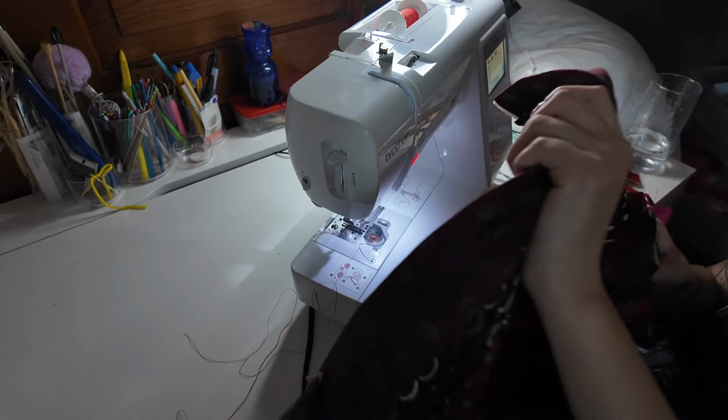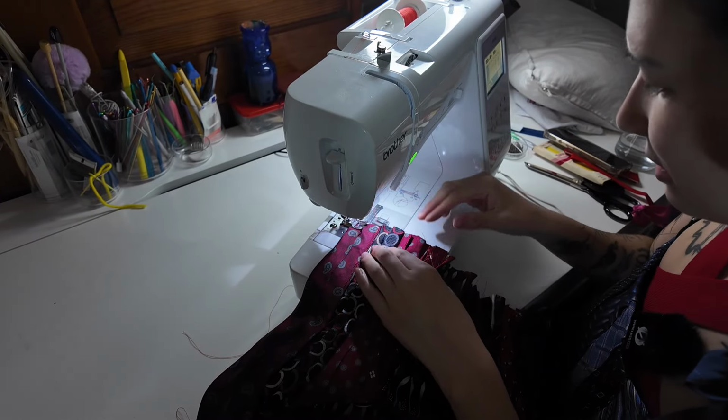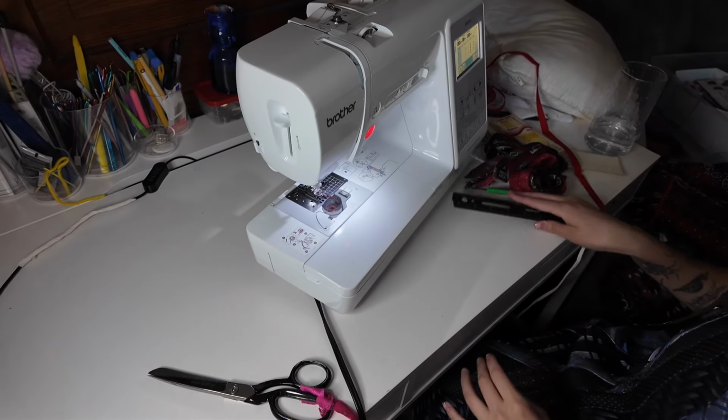I am just going to top stitch over top of everything just to make sure nothing really moves out of place. Sorry about the lighting. The lighting must have been so bad. I didn't realize I had it not set up